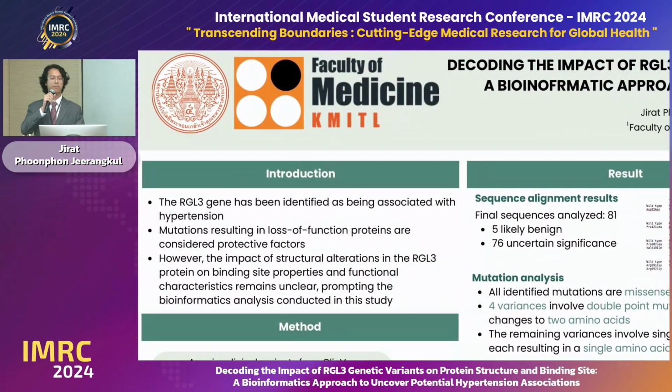RGL3 has been identified in many studies, especially the genome-wide association study, as associated with hypertension. Interestingly, its loss of function results in a lower incidence of hypertension. However, no study mentioned how or why. So we would like to use the bioinformatic approach to assess the change of the protein structures resulting from this